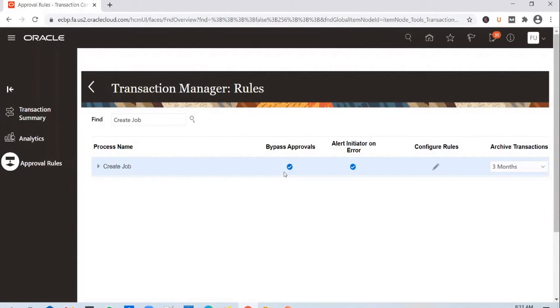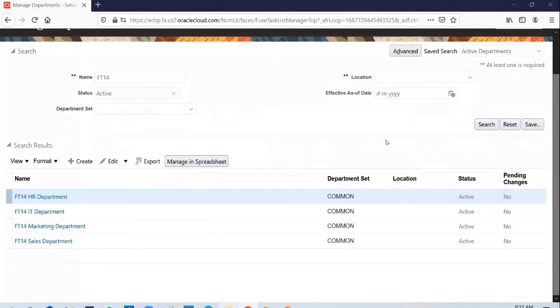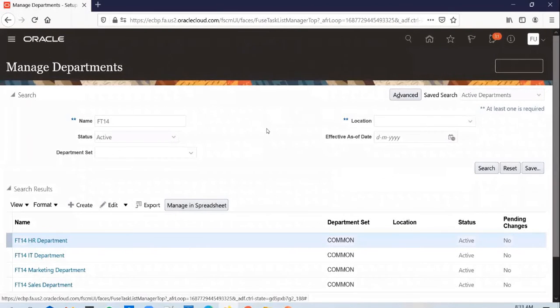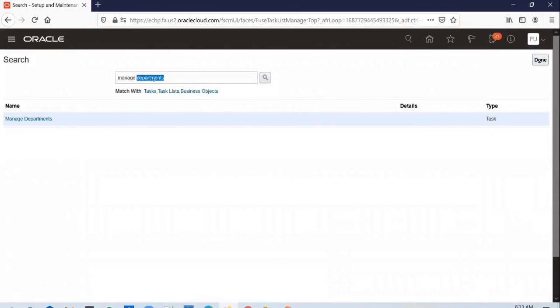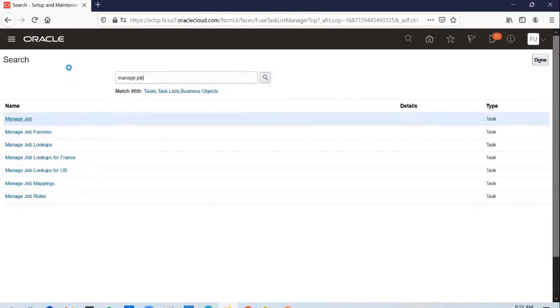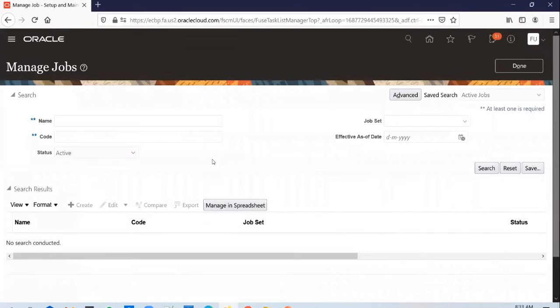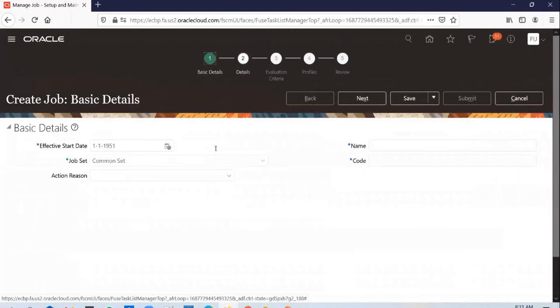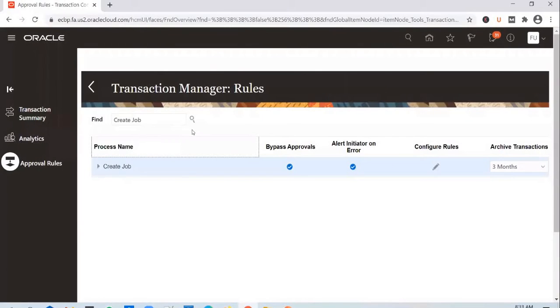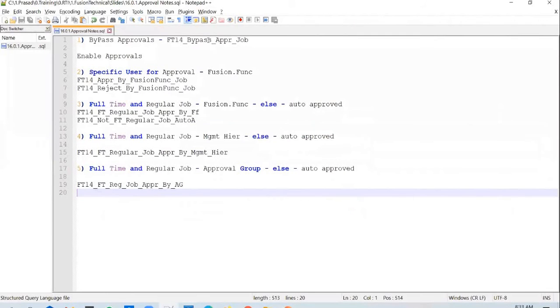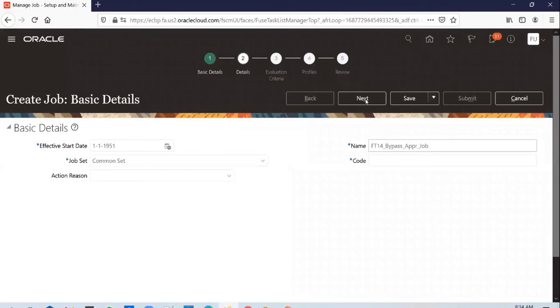What will happen when you bypass approvals is, whenever a user logs into the application and tries to create a job, and I've given the sample use case here, let's say the user is creating an FT14 bypass approval job.